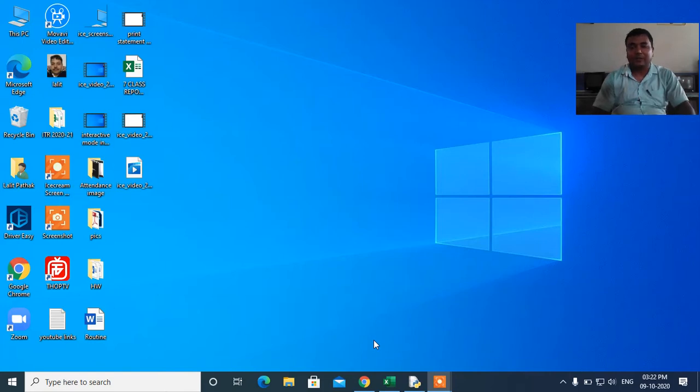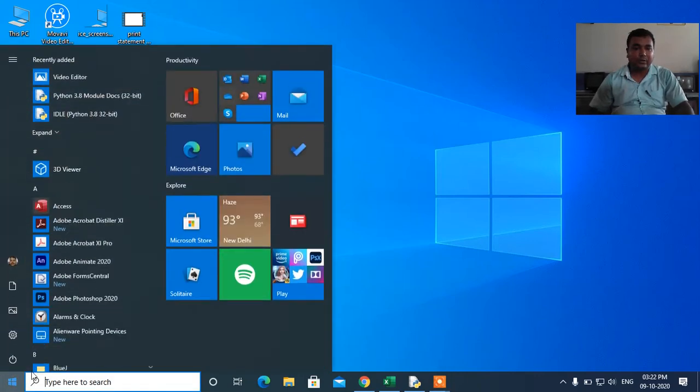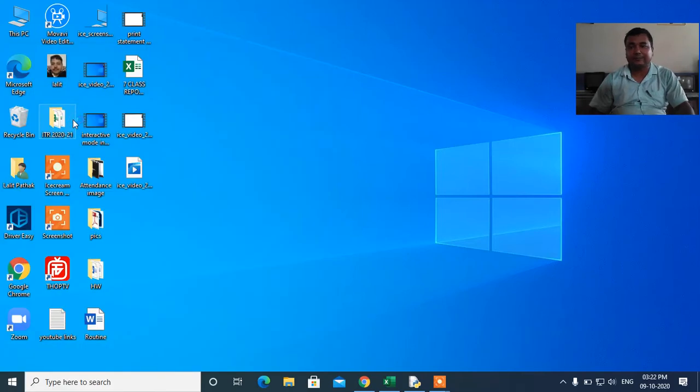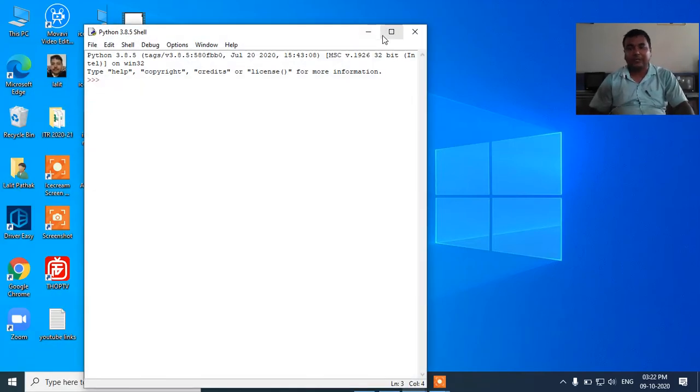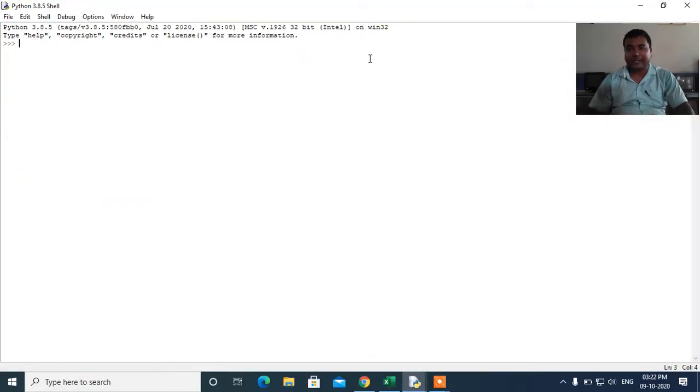Okay, so let us see how we use these separators in Python using print statement. You must keep in mind, you have to put these separators in single quotes while using them in print statement. So you open the Python. Here we are going to use interactive mode.